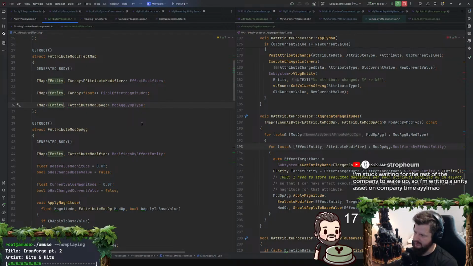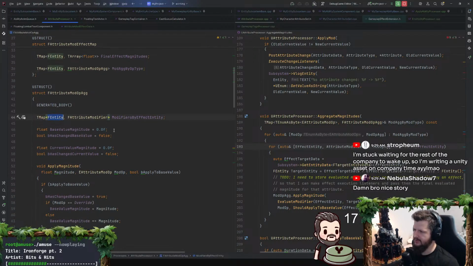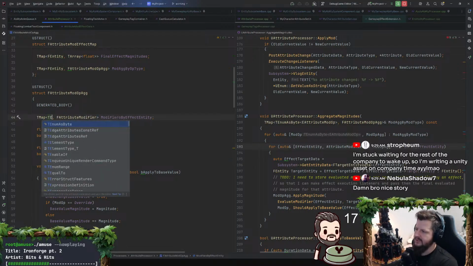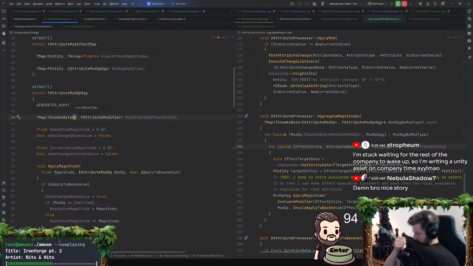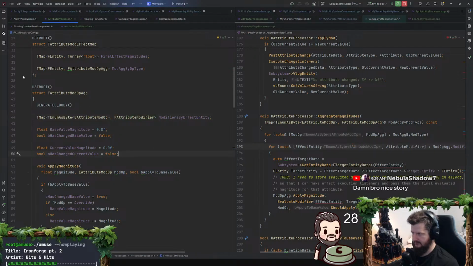And maybe it would be best to just have one map. And then I think in here I'm going to change this to the channeled version. So we're going to have the mod op type in there. And then I think this information will actually go in there.